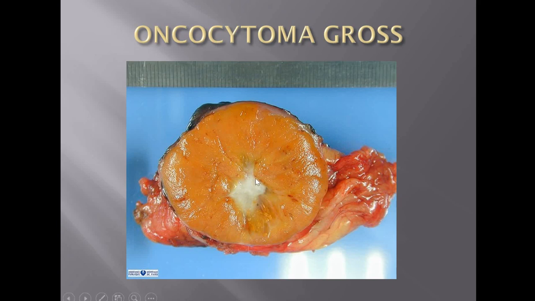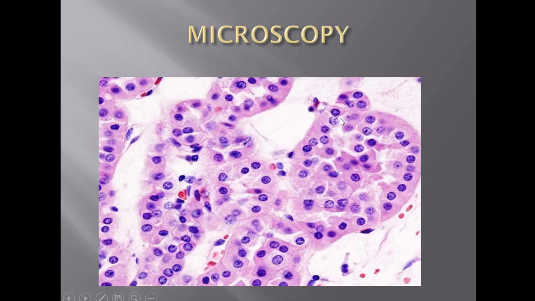So you can see a scarring tissue can be noted. Well circumscribed, unifocal, and a cut surface of mahogany brown appearance. On microscopy, we can find the cells are benign. All the cells have a very benign nucleus with regular nuclear margin, no irregularities, no nucleoli, and the cytoplasm will have plump eosinophilic granular cytoplasm. You can see here all the cells have a plump granular eosinophilic cytoplasm. So this is a typical picture of oncocytoma.